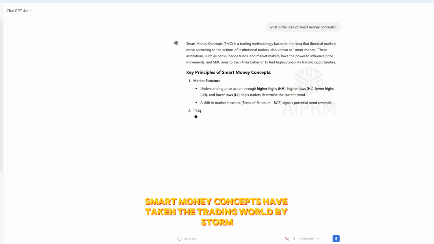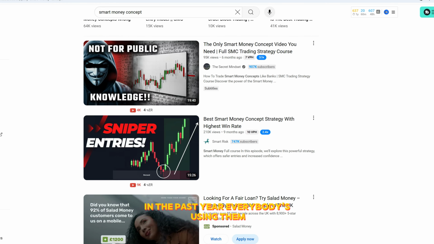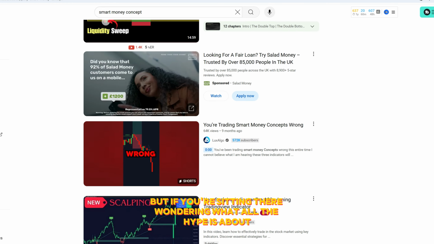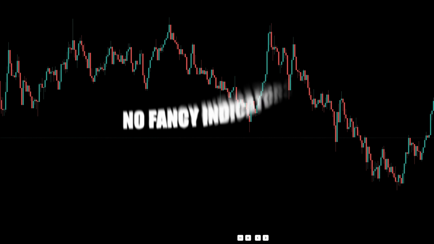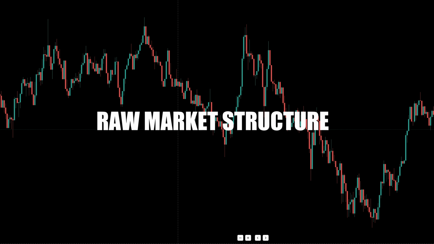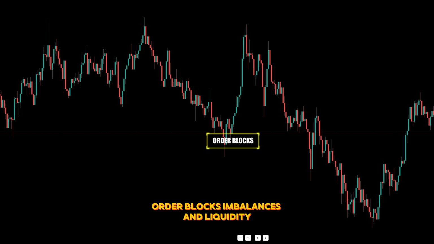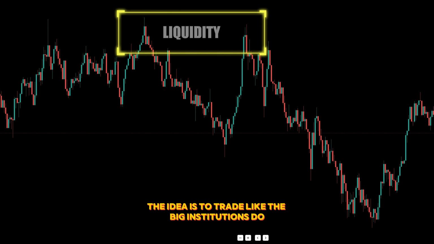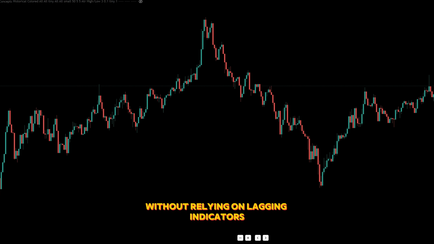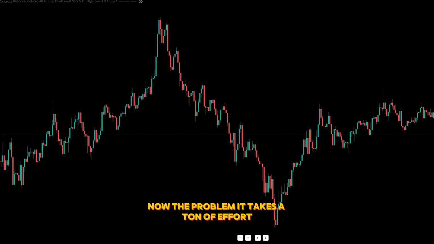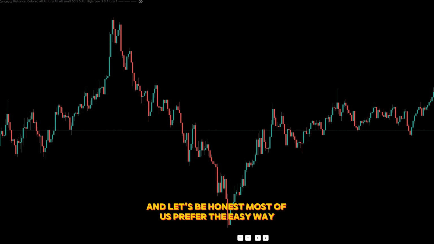Smart money concepts have taken the trading world by storm in the past year. Everybody's using them. But if you're sitting there wondering what all the hype is about, don't worry, I've got you covered. In short, smart money concepts focus on pure price action, no fancy indicators, no weird geometric patterns, just raw market structure, order blocks, imbalances, and liquidity. The idea is to trade like the big institutions do, identifying the best entry and exit points without relying on lagging indicators. Now, the problem, it takes a ton of effort, and let's be honest, most of us prefer the easy way,